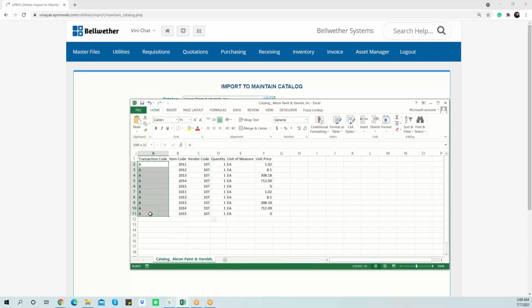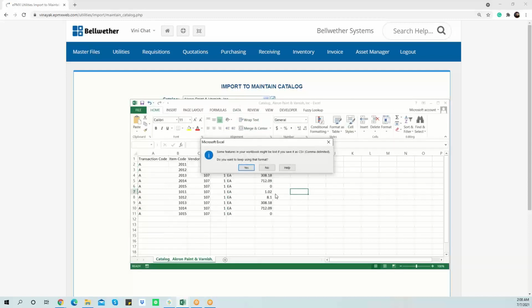I entered A as the transaction code, which means add, an ePMX item code, an ePMX vendor code, economic order quantity, the same unit of measure and unit price from my material file. Once I add all that information on my import template, I save it in a .csv format,